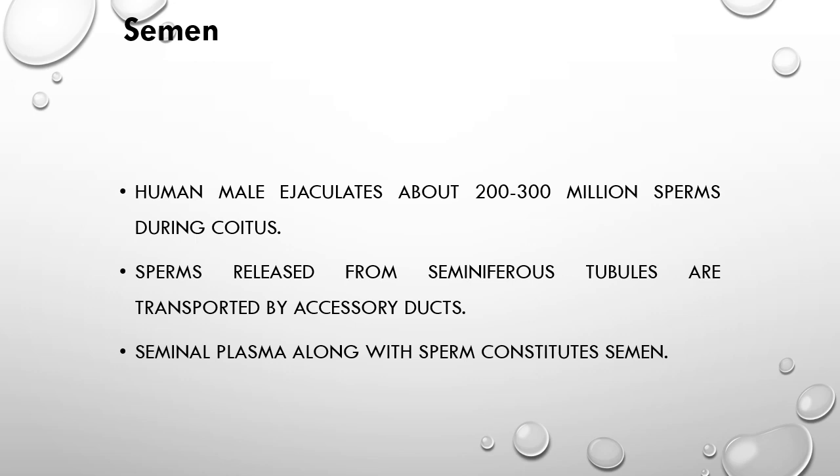Finally, sperms are released from the seminiferous tubules, and this process is called spermiation. After the production of the sperms, they are released from the seminiferous tubules of the testes, and the process of release of the sperms is called spermiation. It is a 1 mark question. What is spermiation? Spermiation is the process of release of the sperms from the seminiferous tubules of the testes.